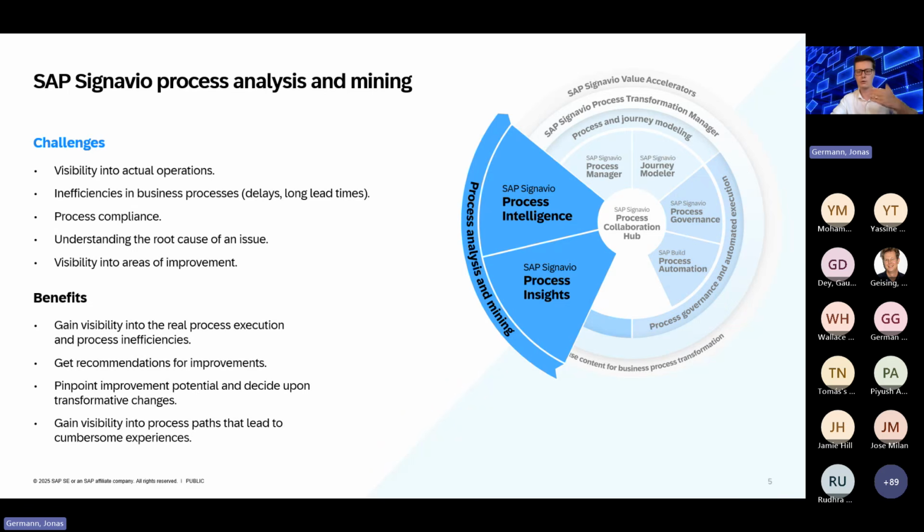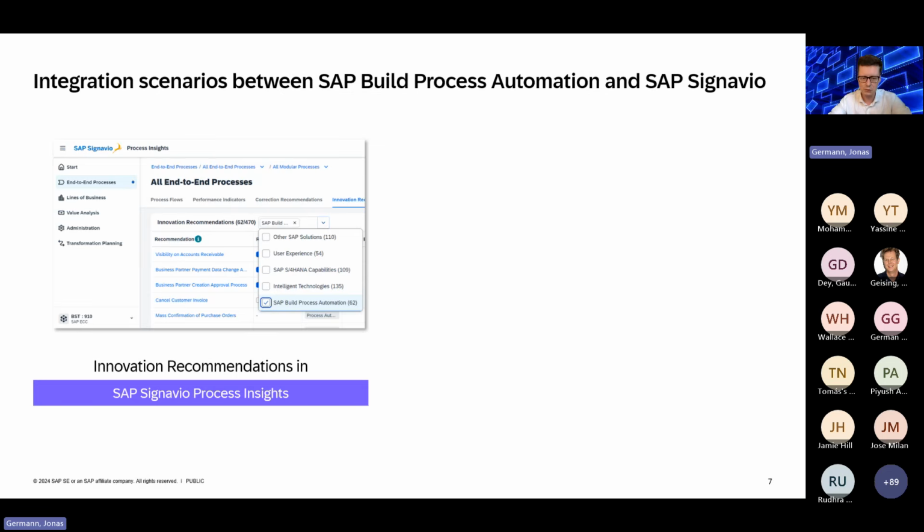When I come to that, I will also give you a little introduction to what process mining is doing so that you understand this use case in a better way. So stick with me and I will show you how to combine these two very interesting use cases. First one is SAP Signavio Process Insights. This one, I noticed, is very unfamiliar, unknown by partners, customers, and even some of my colleagues, believe it or not. And I will show you now how to combine SAP Build Process Automation with SAP Signavio Process Insights.